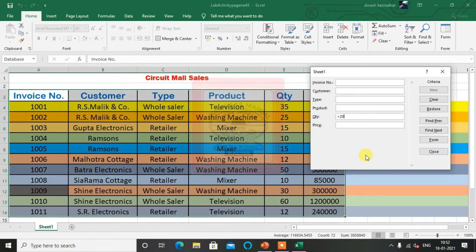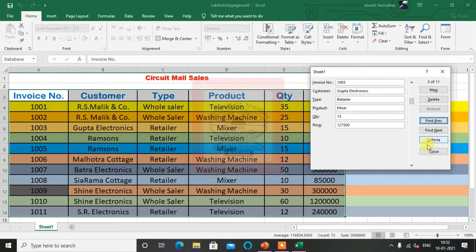I will enter. So here I am getting 15, then 10, then one more 15, then 12, and again 110 is there. So all these records have less than 20 quantity.